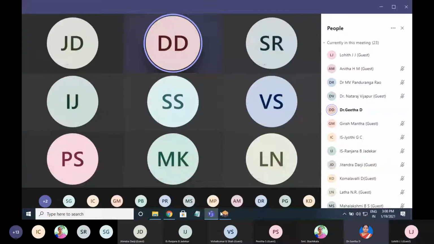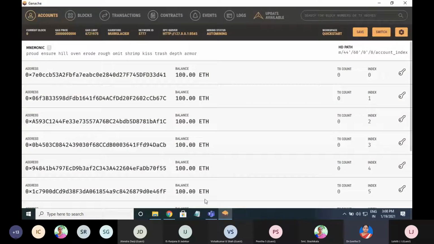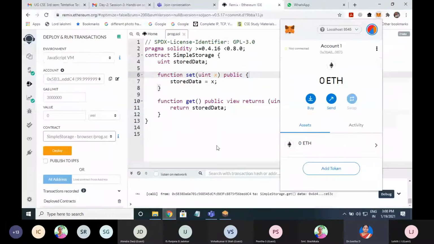Madam? Yes, sir. I'm trying out, but. Madam, you just click on that metamask.io. Download as browser extension. It will ask you for a browser extension for Chrome or like that.